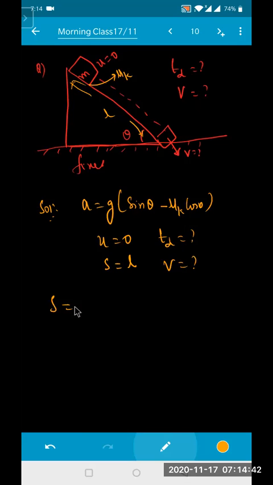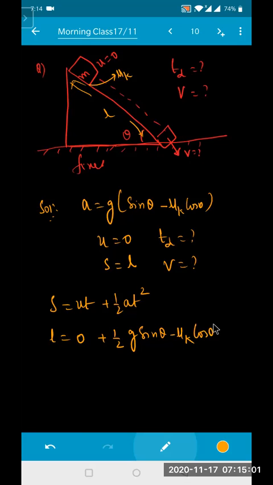So I can use the kinematic equation. s is equal to ut plus half a t square. s value is how much? Distance traveled here right now. s is equal to L. That is equal to 0 plus half into acceleration, which is g into sine theta minus mu k into cos theta, into time, that is nothing but time of descent,